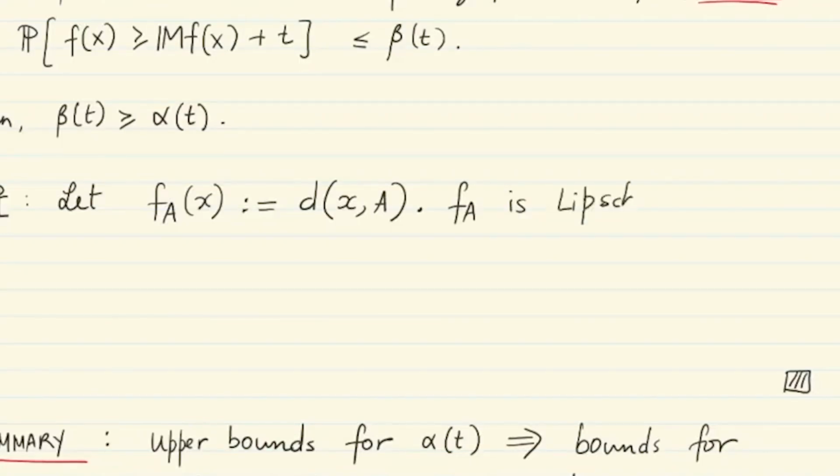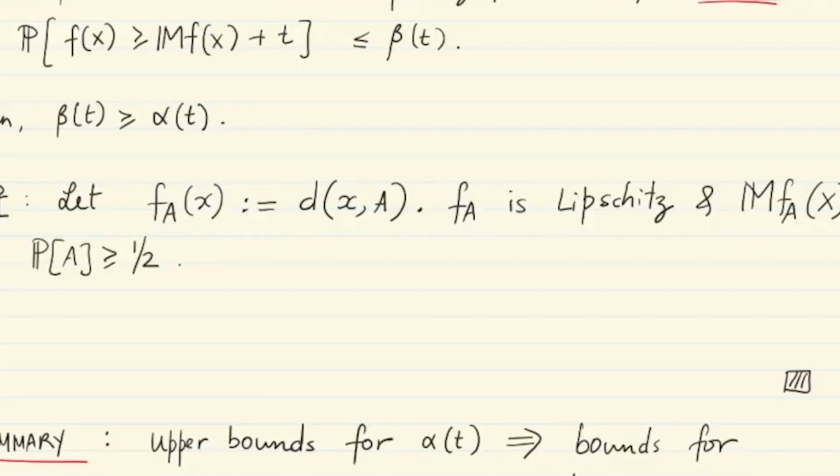This is a Lipschitz function, and the median of f_A of capital X, as a random variable, is 0 if the probability of the set A is at least half. So 0 is a valid median for f_A of capital X if the probability of A is at least half. So for any such A,